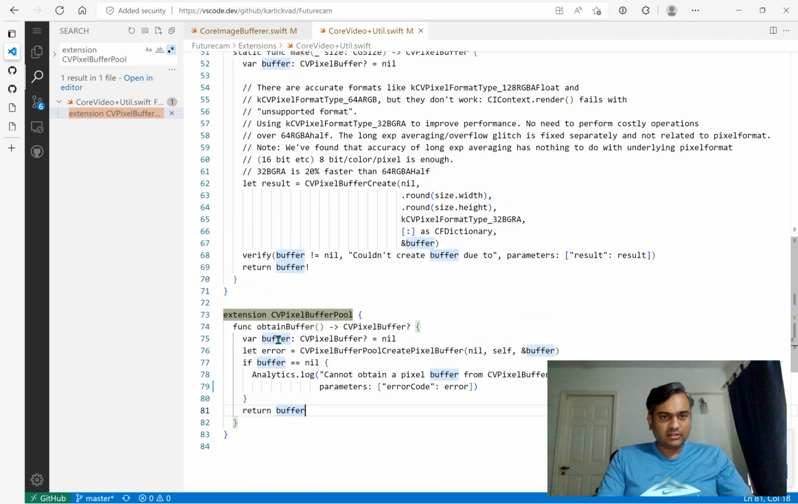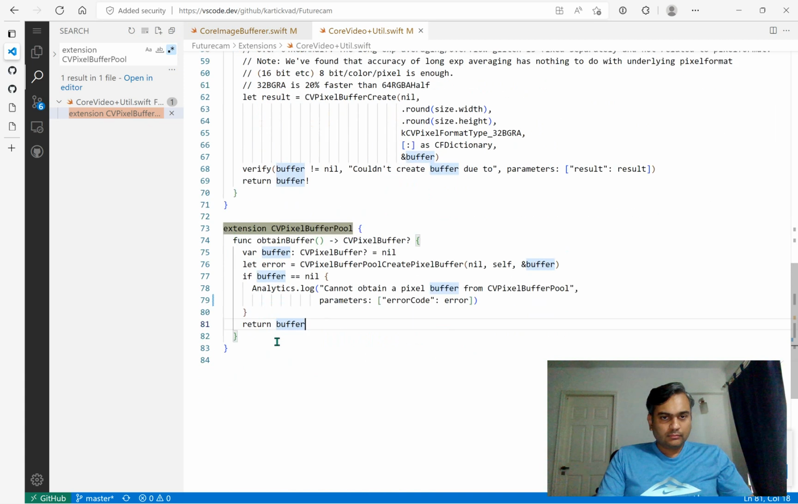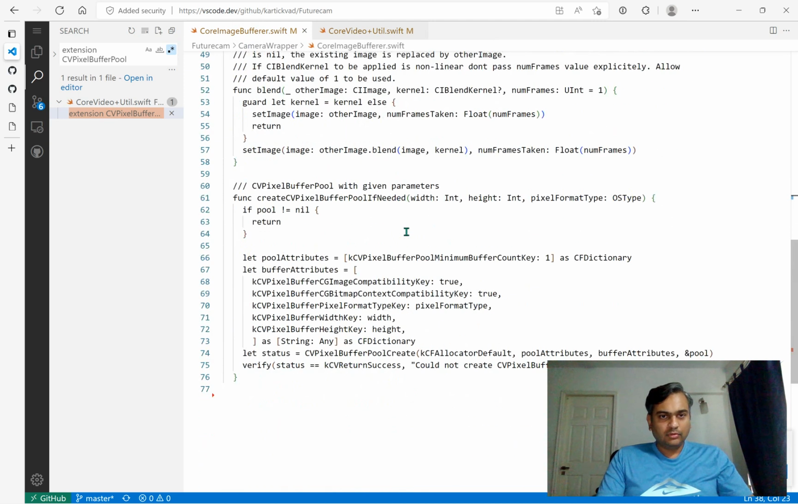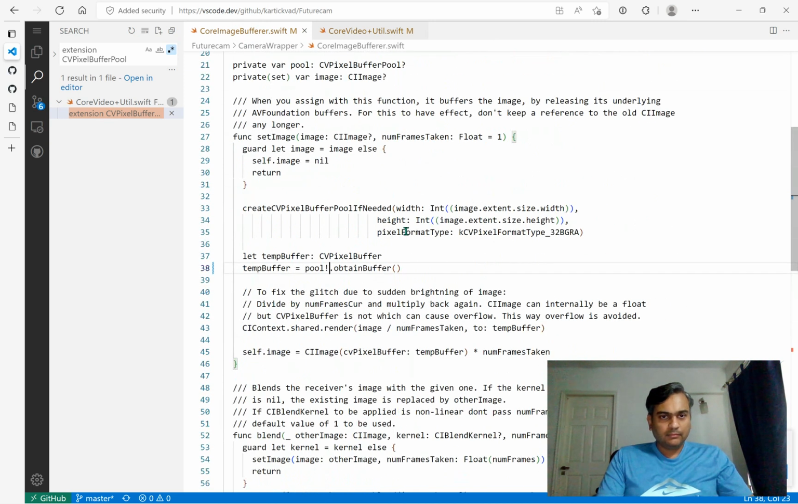So here you have the extension, you're creating it, running it. Here you're modifying it to use it. And pool could be null, so you first check. I mean, it won't be null because you have